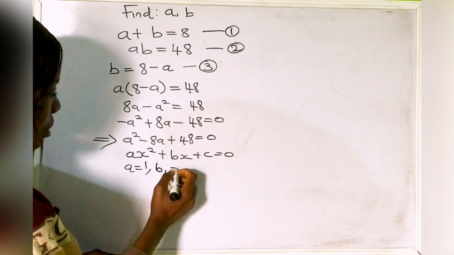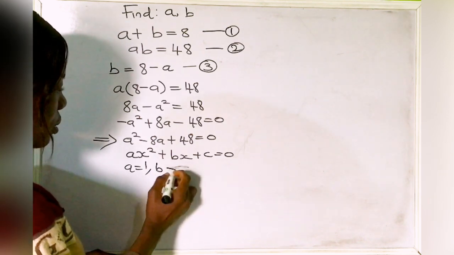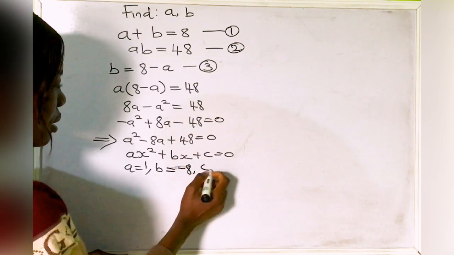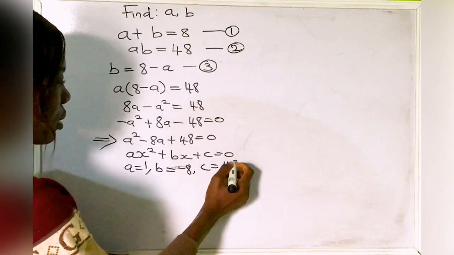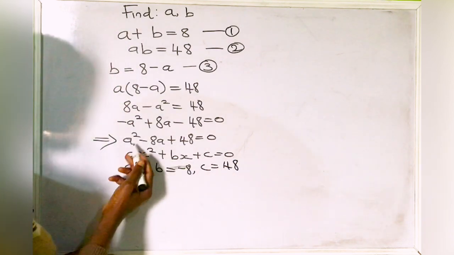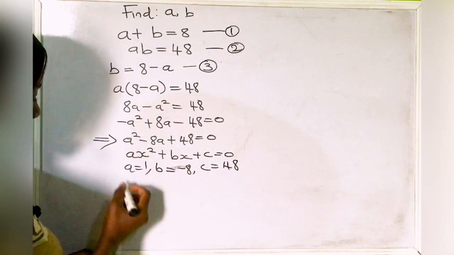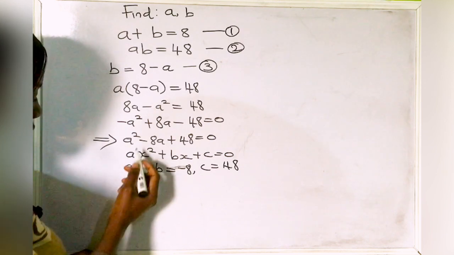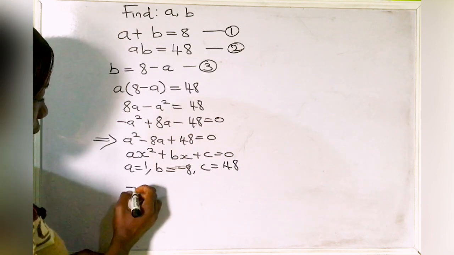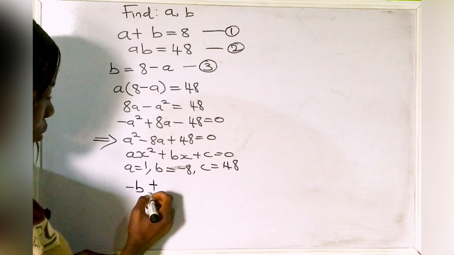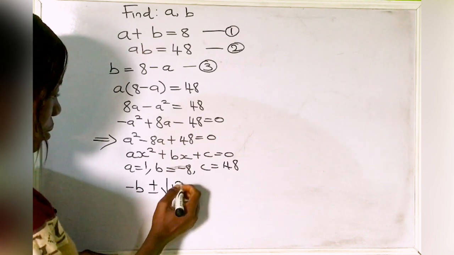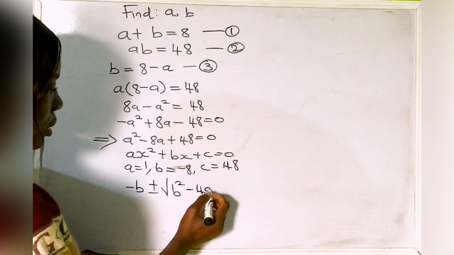And b here we'll have it as minus 8. Then c is equal to 48. So to find the value of a in this place, we can use the almighty formula, which is minus b plus or minus the square root of b squared minus 4ac